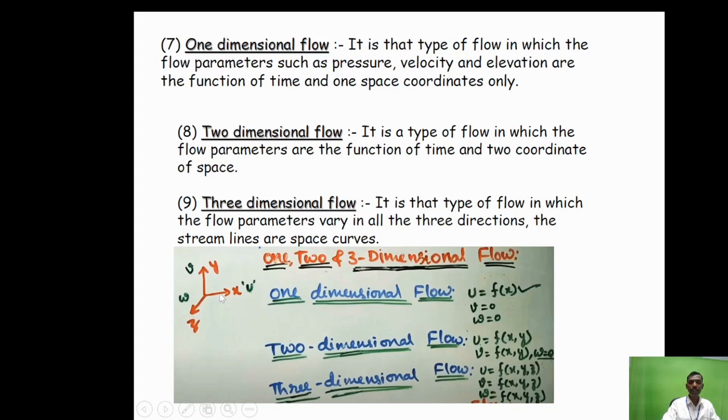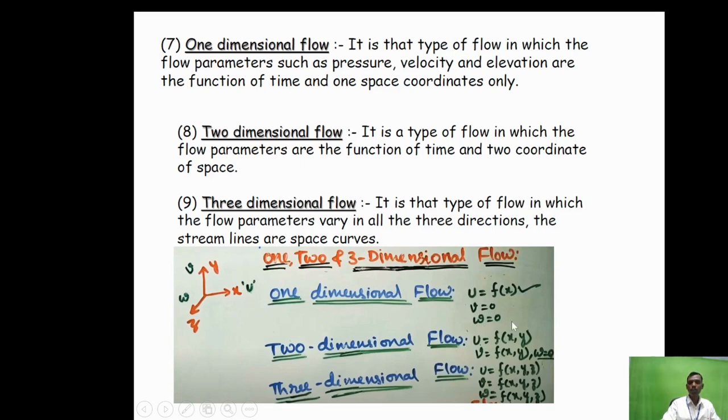For describing the velocity in the x coordinate, that means one-dimensional flow, the velocity u is equal to a function of the x coordinate only. The remaining two will be equal to 0. The velocity in the y coordinate is equal to 0, and also w